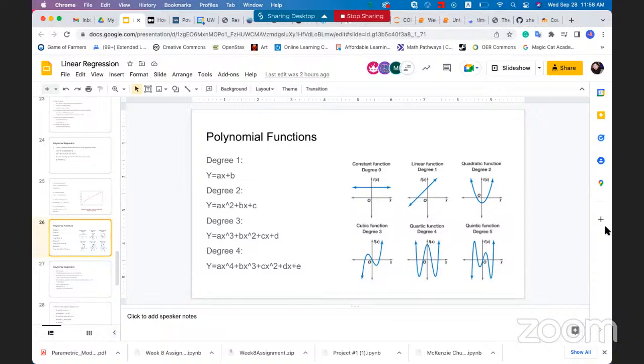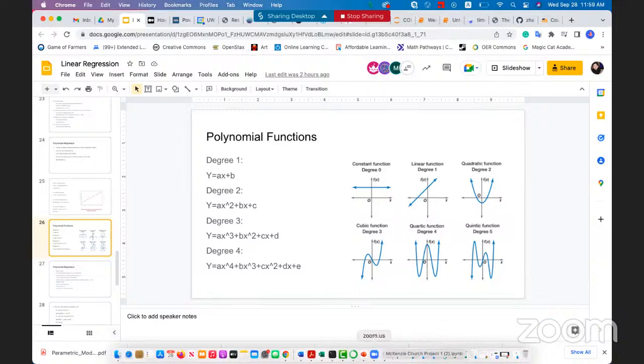A 2 degree gives you 1 hump, and then a 3 degree gives you 1 hump and 1 line, and a 4 degree gives you 2 humps. So the higher the degree is, the more freedom the model has to fit all the dots. However, there is a problem. Even though these fit the training data set,